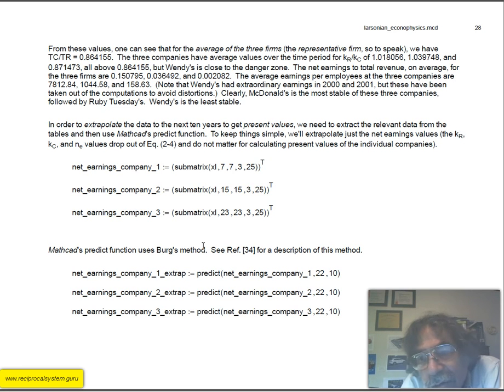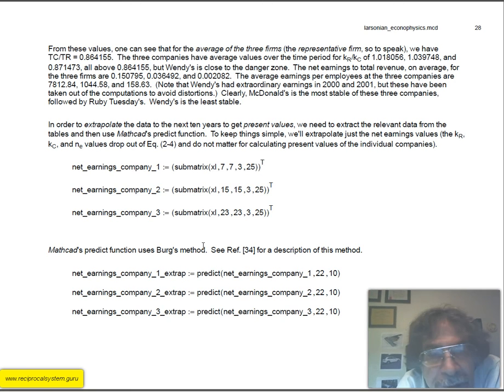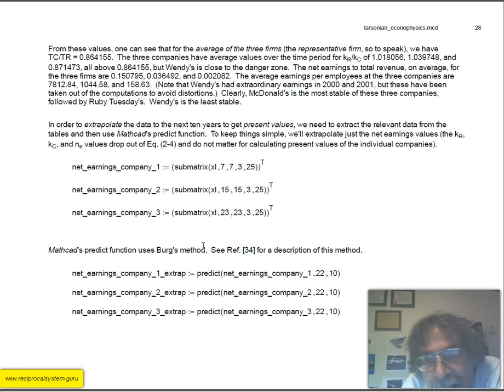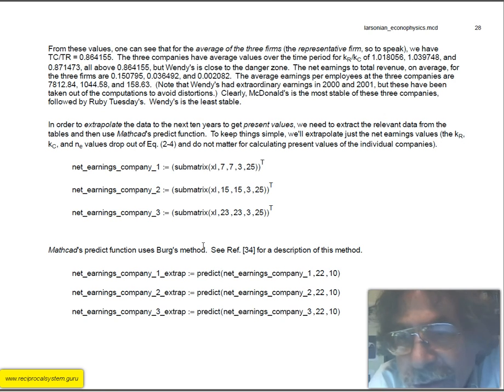The net earnings to total revenue on average for the 3 firms are 0.150795, 0.036492, and 0.002082. The average earnings per employee at the 3 companies are 7812.84, 1044.58, and 158.63. Note that Wendy's had extraordinary earnings for 2000-2001, but these have been taken out of the computations to avoid distortions. Clearly, McDonald's is the most stable of these 3 companies, followed by Ruby Tuesdays. Wendy's is the least